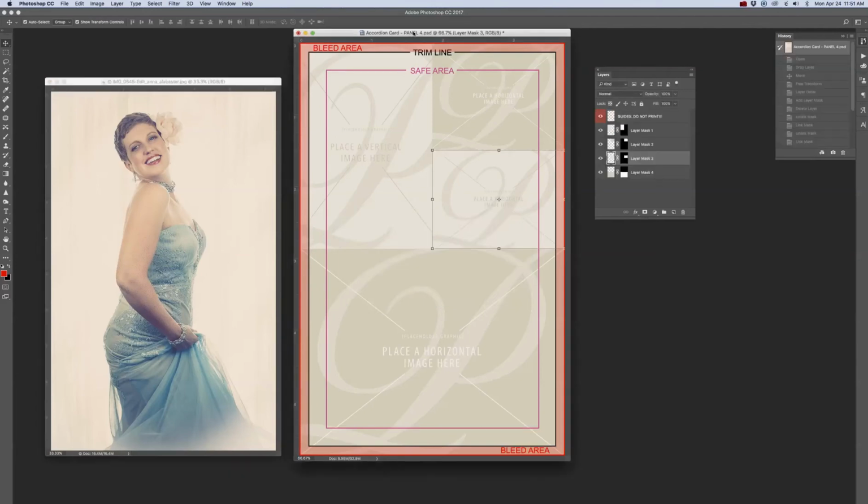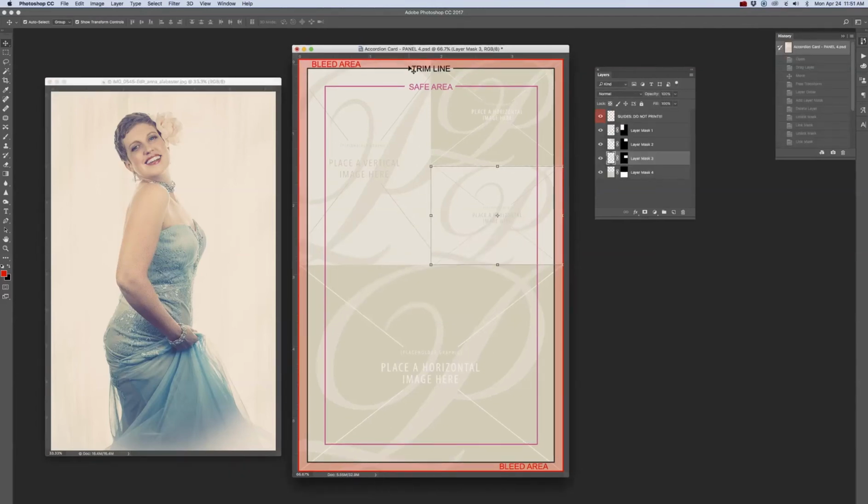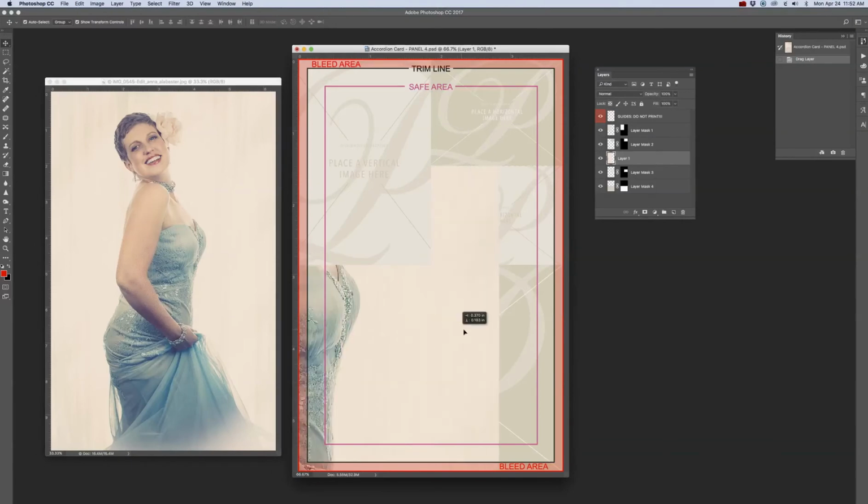Okay, I'm in Photoshop and I have the panel with the collage layout and one image open. I'm going to click on the image and drag it onto the template. And it's going to come in a little bigger because it's bigger than this page layout. But if you click on this picture, you'll see the handle and the image is selected, and there are these